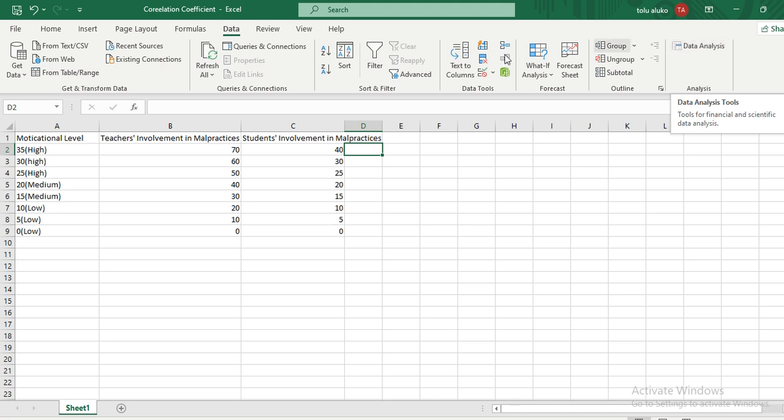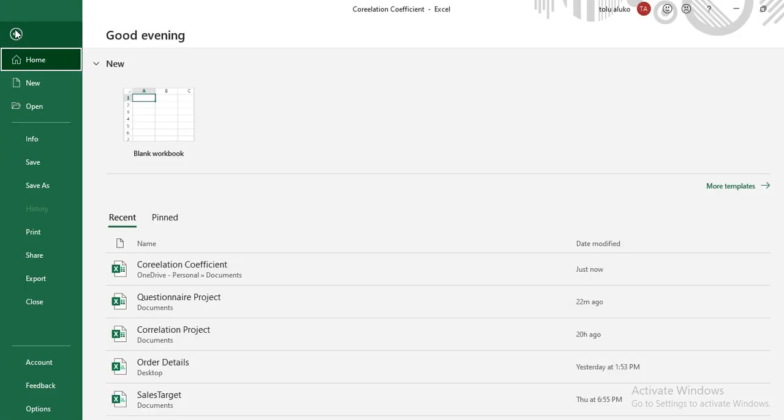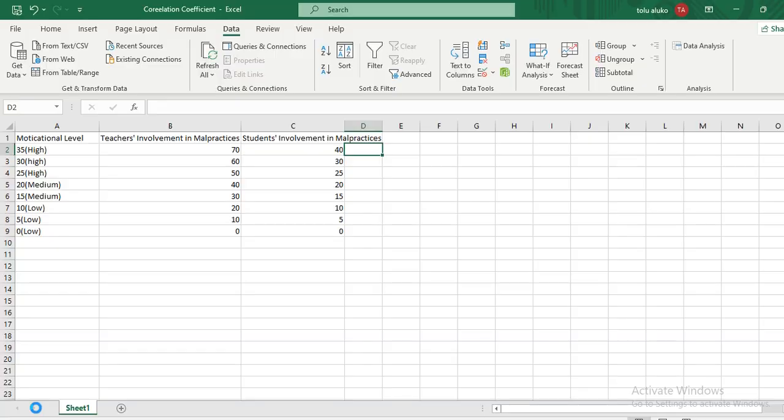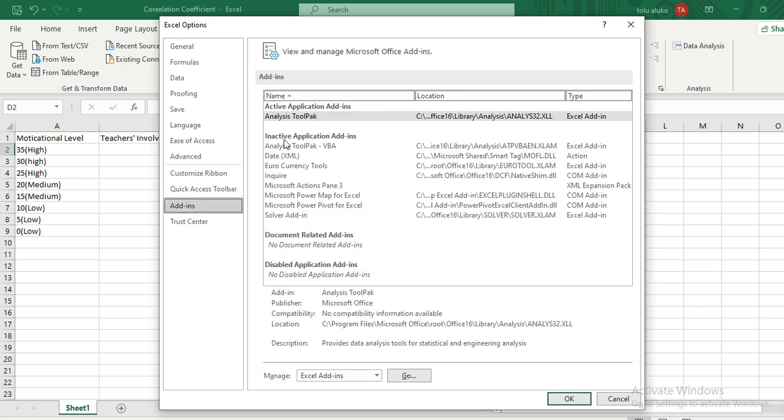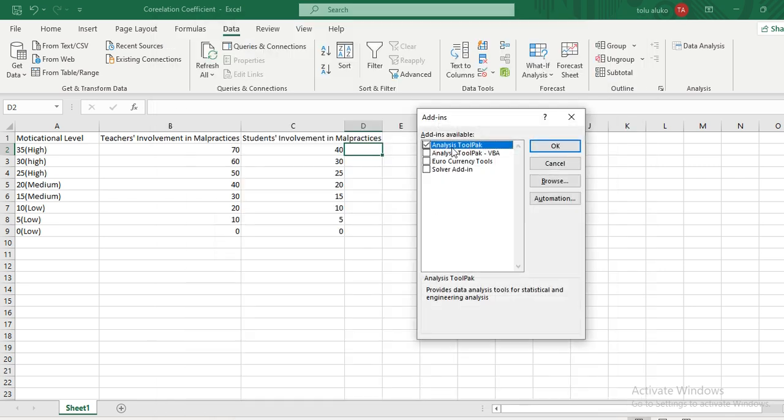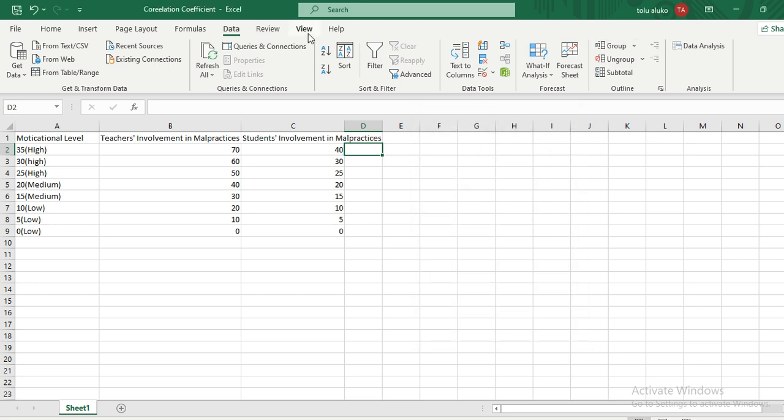If you can't find data analysis here, no problem. This is how you do it. You go to file, you click on options. Once you click on options, you go to add-ins. After getting your add-ins, you see analysis tool pack here. You click on go. Once you click on go, you see analysis tool pack. You click OK. But once you do that, you come back to your data, you will see your data analysis. So for me, I will click on here